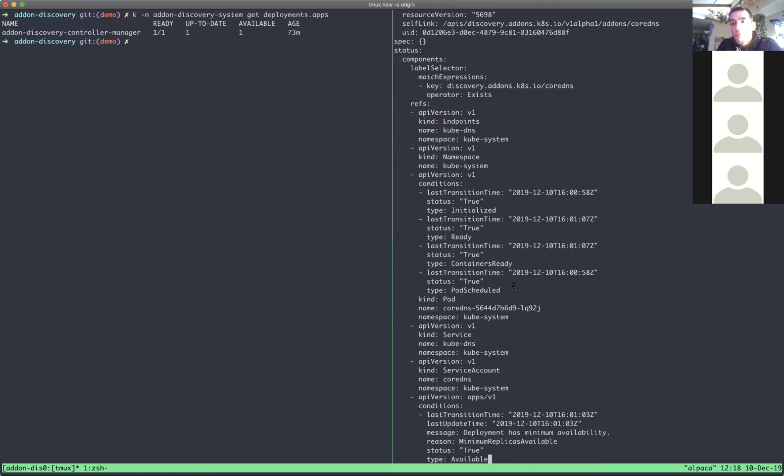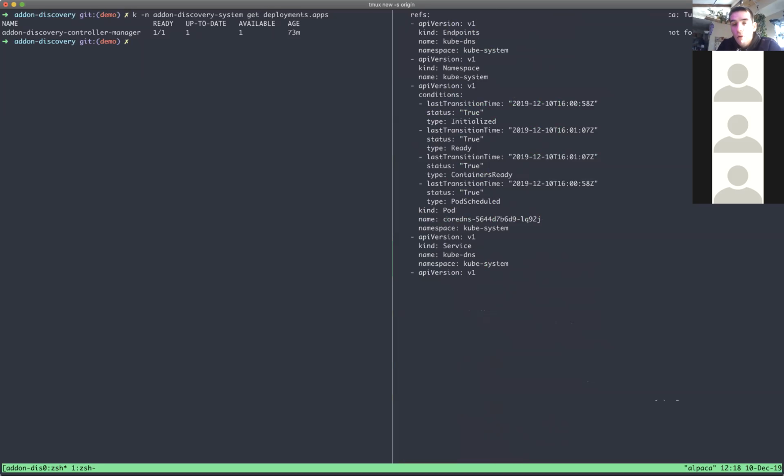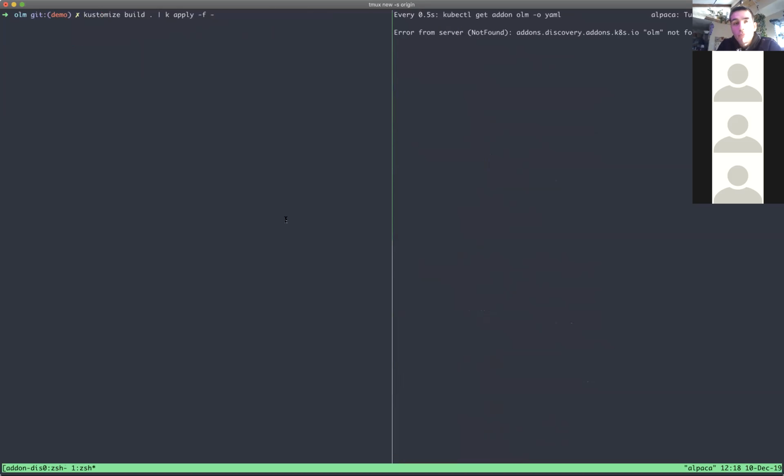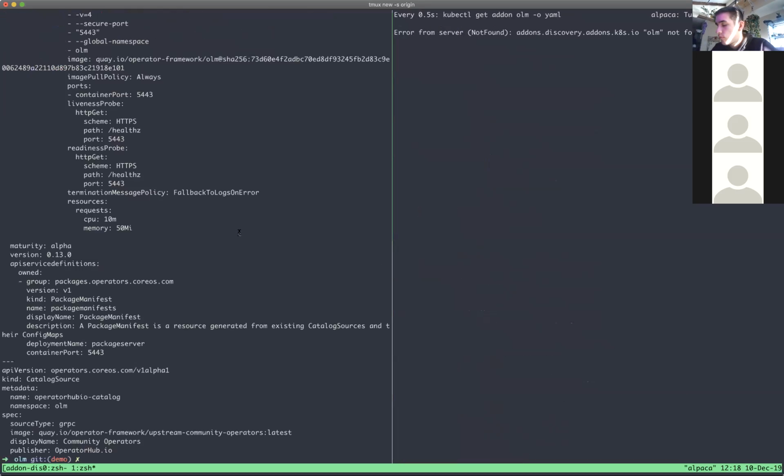This starts to get really useful when you have things that are spread across an entire cluster. CoreDNS has a few resources, but we can also do something like OLM. Here I have a set of OLM resources with a customized configuration to add a label onto it that names it as an add-on, OLM.